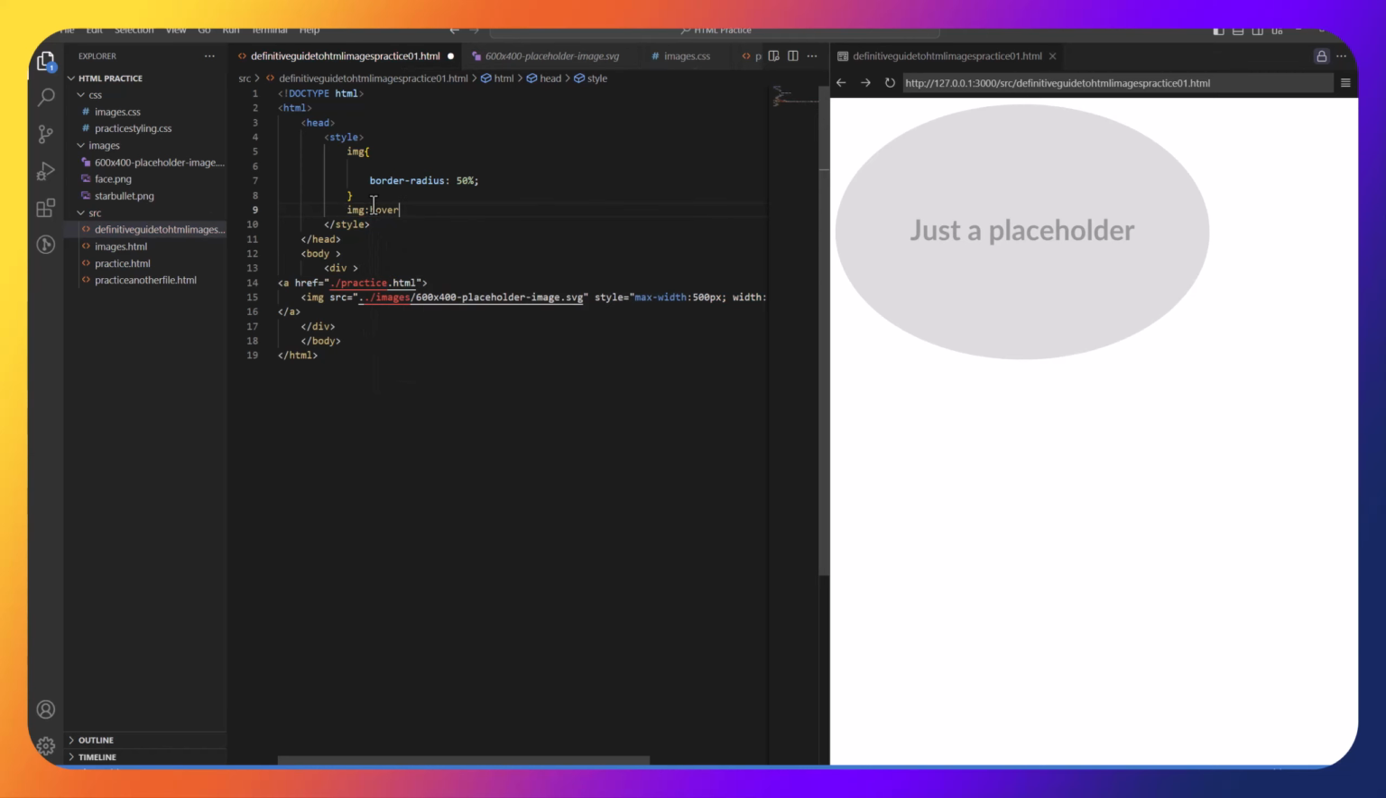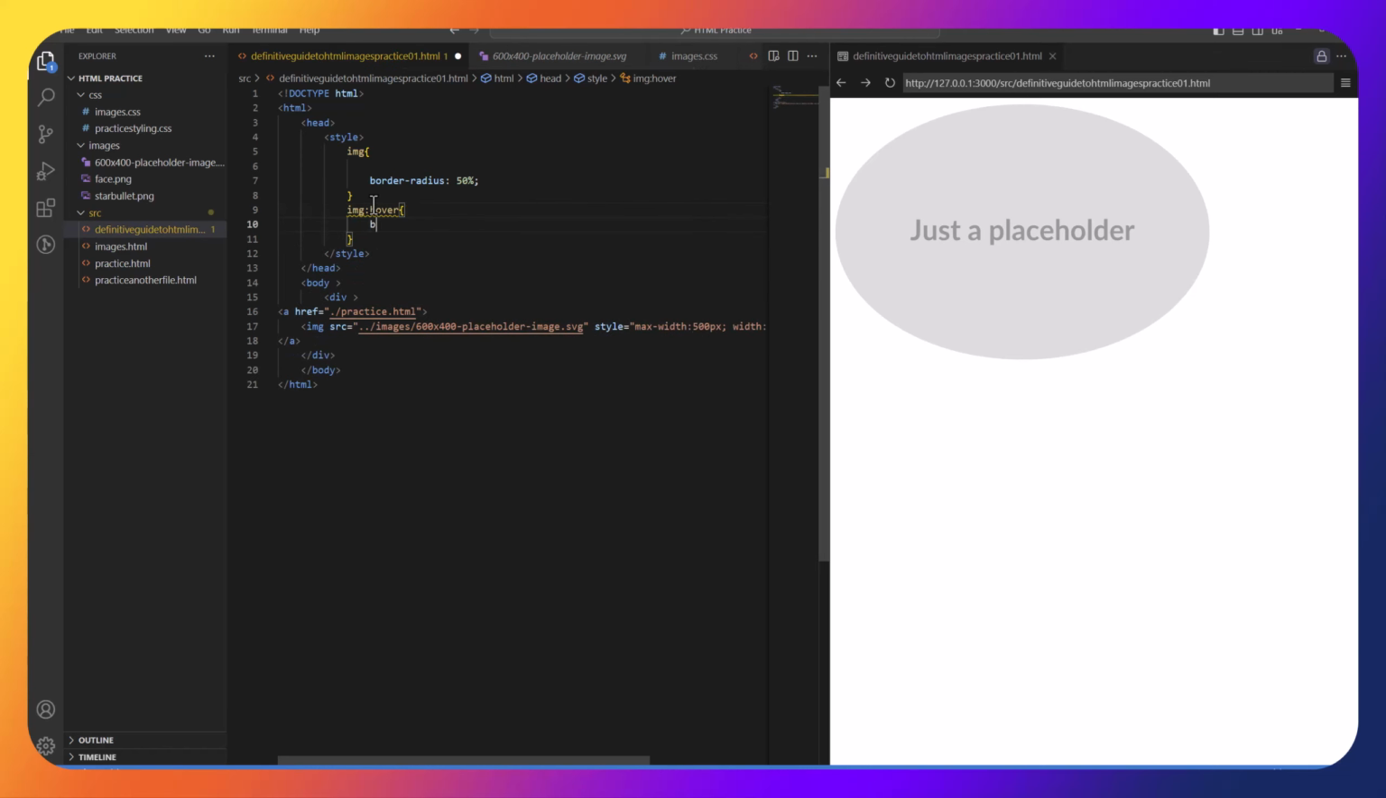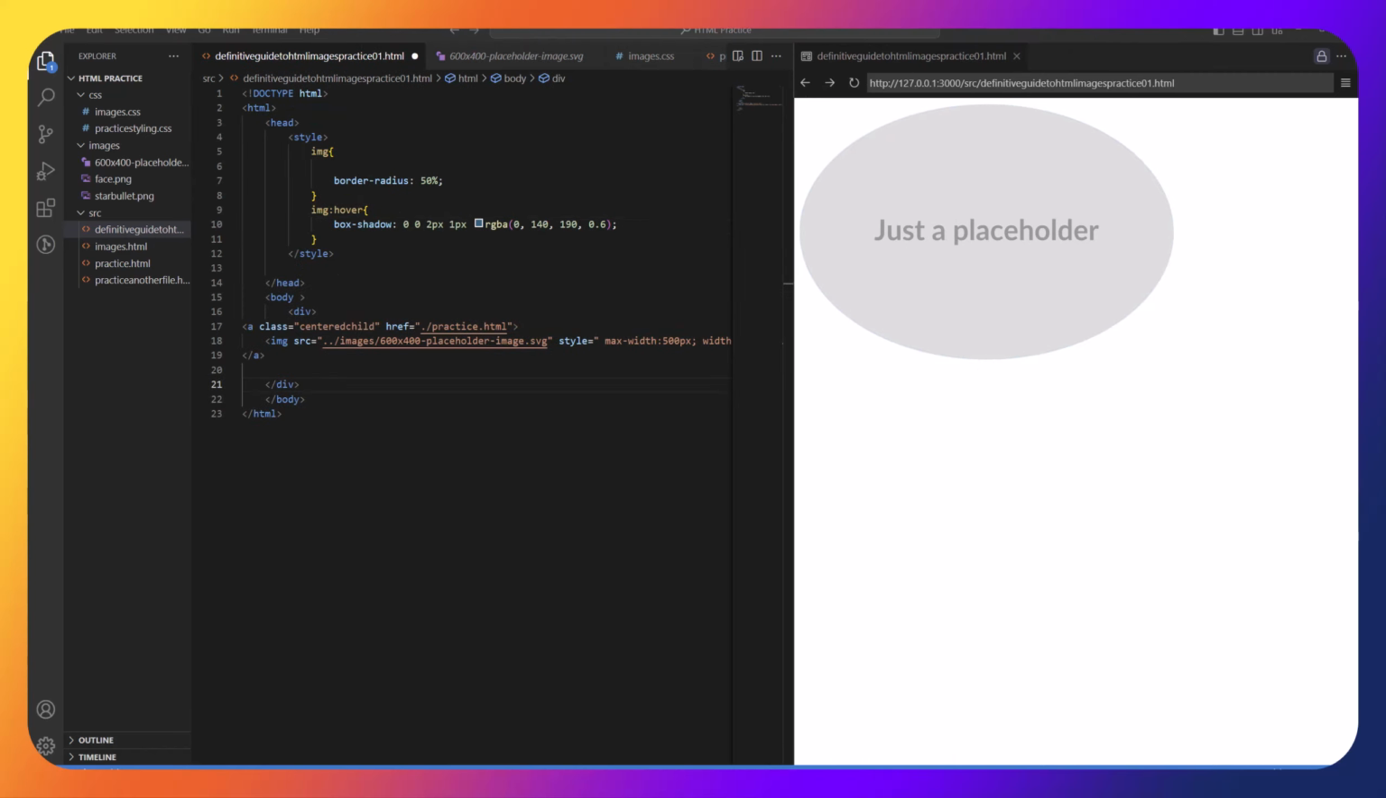Add an image hover effect to this and add box-shadow 0, 0, and so on. I'm going to explain it in a second. Okay, and now if we go here, see, a cool border appears around the image, kind of indicating that this is a clickable image. I don't think we have enough time left to go into details of box shadow, but I can just quickly tell you that